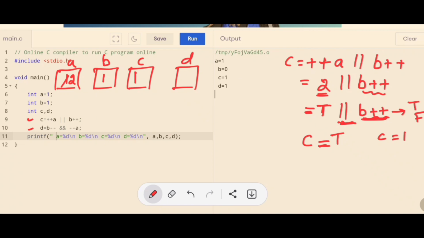What about D? D you need to evaluate. D expression is D equal to B minus minus logical ANDed with minus minus A. So b minus minus is what? Post decrement. Post decrement, first use the current value, then later decrement it. So now we are not decrementing, just making use of the current value. Current value is 1. We'll write 1 logical ANDed with